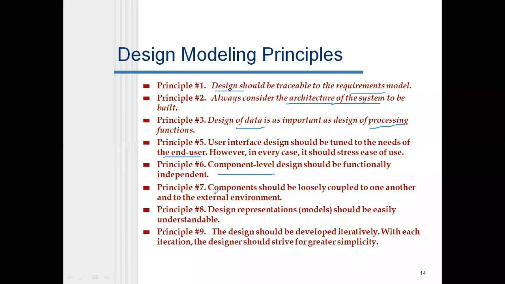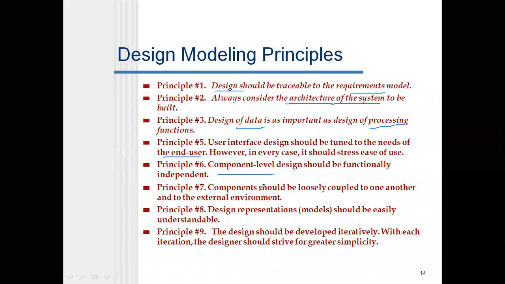Next, components should be loosely coupled to one another and to the external environment. Same whatever we have discussed in the 6th point, that is almost the same. Okay, which means